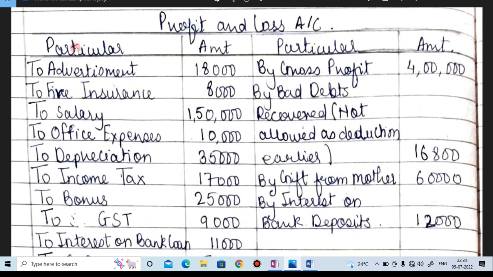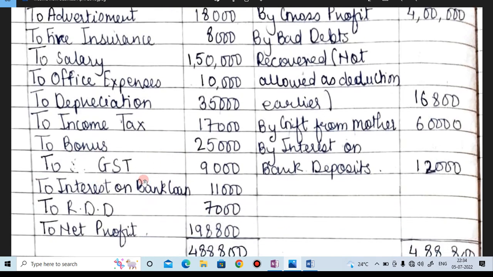So let's see what is given in the debit side. To advertisement 18,000, to fire insurance 8,000, to salary 1,50,000, office expenses 10,000, depreciation 35,000, income tax 17,000, bonus 25,000, GST